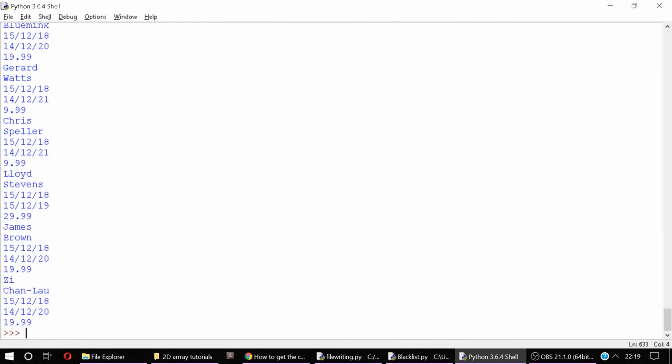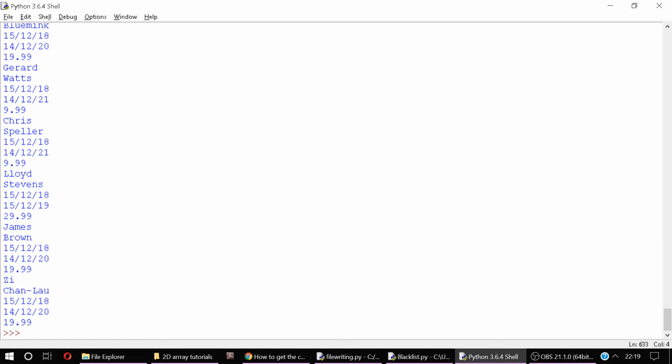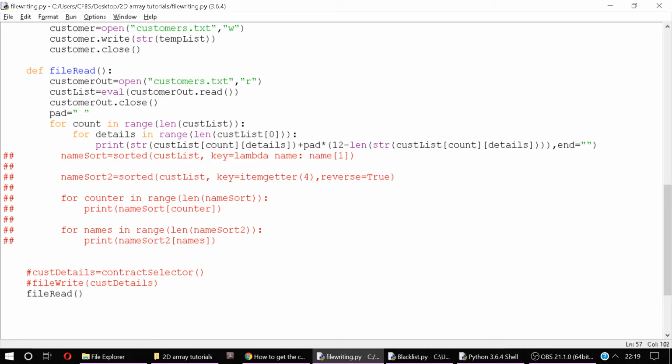Okay, lovely. And then all we need to do now is add that into end equals speech mark, and that should put them all on the same line. Oh my goodness. At the end of each row, we need a new space. Why is that? So for count in range,